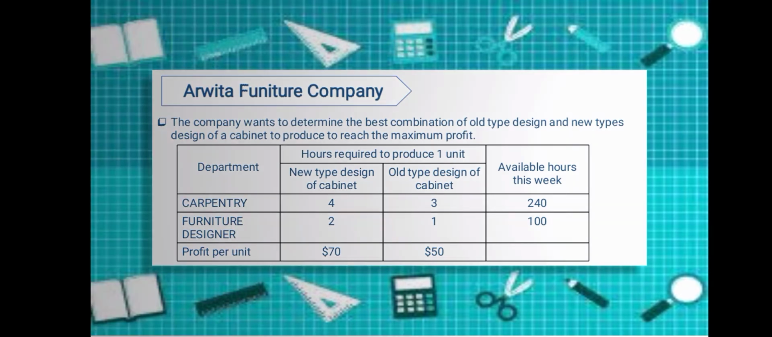So, we have the Department of Carpentry and the Furniture Designer. So, the new type or the mga bagong design ng cabinet is required of 4 hours and 2 hours that has a profit of $70 per unit, while the old type or the 90s design of cabinet requires 3 hours in carpentry and 1 hour in furniture designer, but in a $50 profit per unit. There are the available hours in every week that 240 in carpentry department and 100 hours available in furniture designer